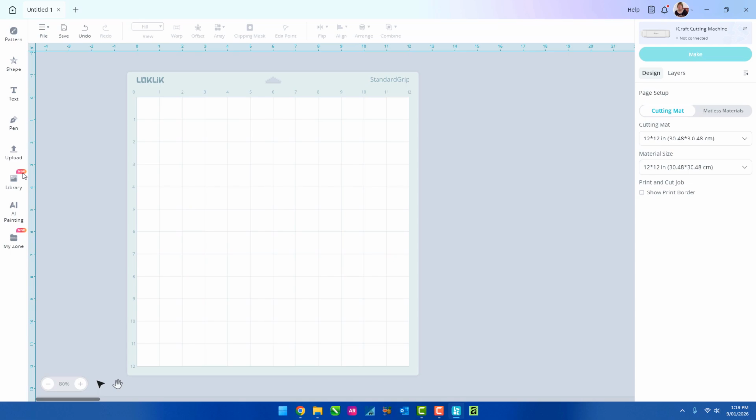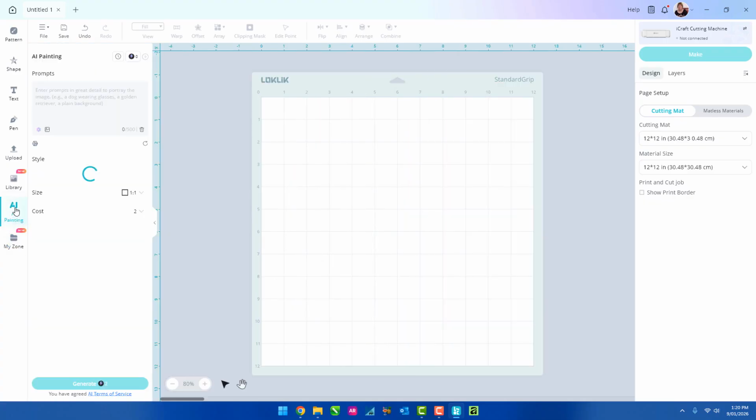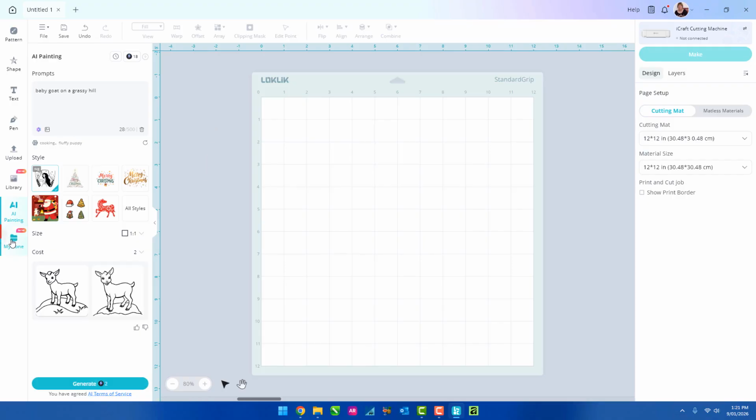Now I'll just clear the canvas, and the next one down is AI painting. It has not moved at all. It was always over here on the left hand side toolbar. So we'll skip that one and go to the next one down,